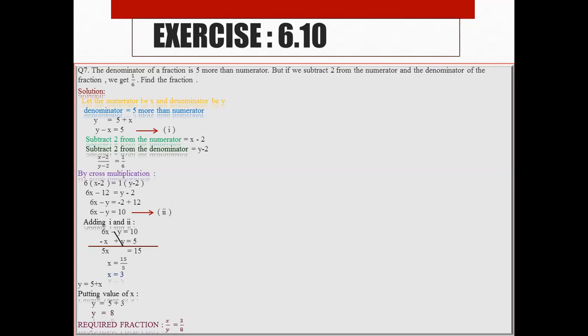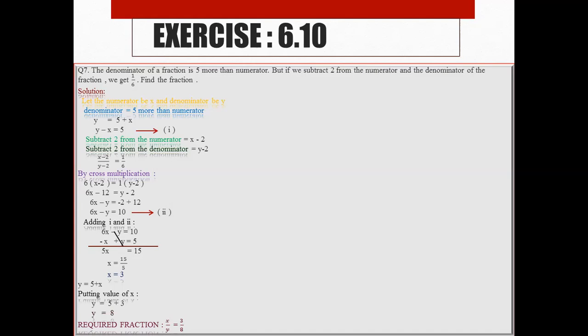They both have the same meaning because the sign of x in the other equation is also minus and the sign of y is plus. No change in the sign, only I change the position of the variables x and y. Now 6x minus y is equal to 10 and minus x plus y is equal to 5. No need to subtract the terms because already one y is negative and the other is positive. So directly we add the equations and in addition, opposite signs will be cancelled. 6x minus x, 5x. 10 plus 5 is 15.